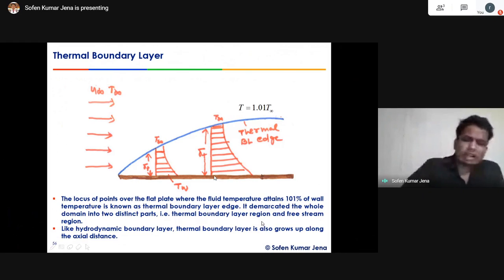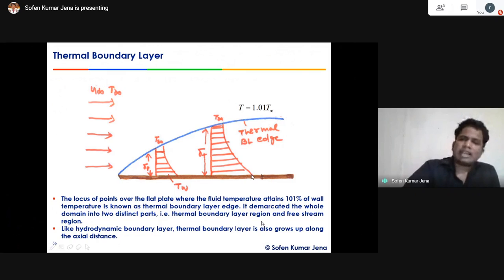Like that, what will happen? The temperature of the fluid adjacent to the solid boundary will reach the higher temperature, and gradually, as we move away from the solid boundary, the temperature of the fluid goes on decreasing, right, up to a point where the free stream temperature is maintained. For measurement purposes, in the case of the velocity boundary layer, the velocity increases from 0 to the free stream velocity. The point where the velocity equals 99 percent of the free stream velocity, that point is known as the flow boundary layer.